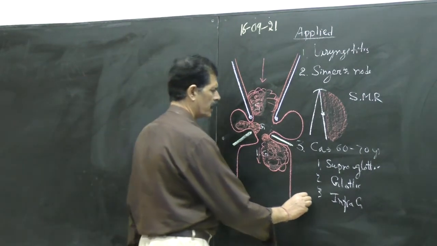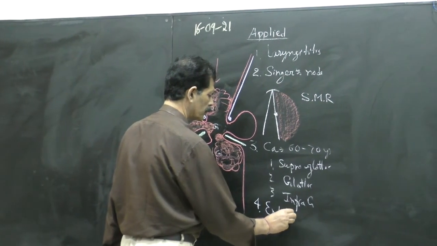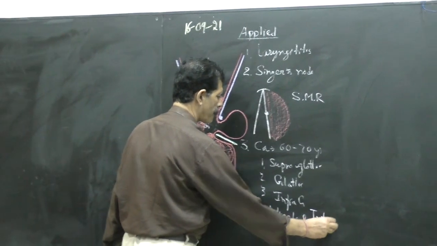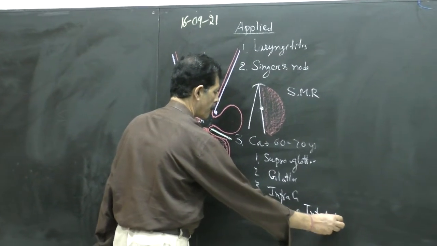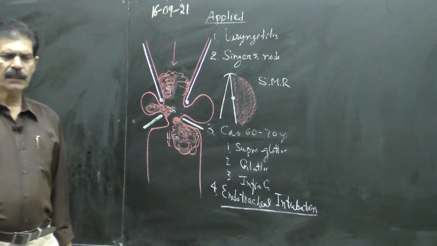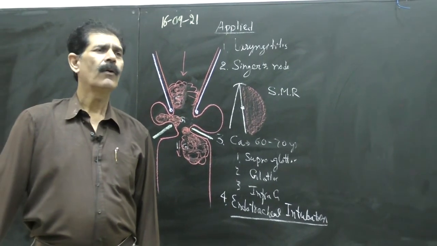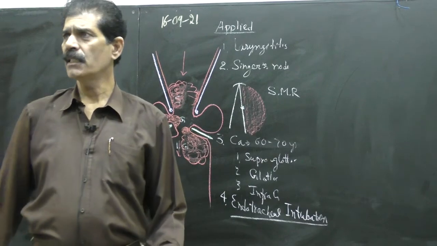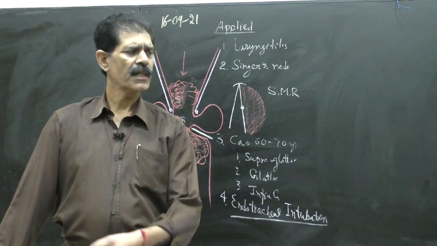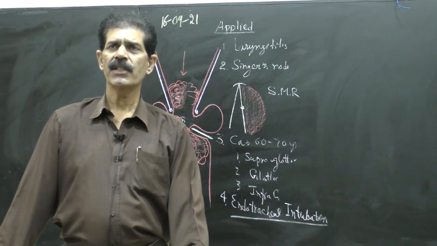Another applied aspect is endotracheal intubation. So in endotracheal intubation, what happens? The patient is lying on the ventilator, as in these corona cases nowadays, or whenever we give general anesthesia for any operation on the human body. So the patient is lying unconscious on the operation table by the anesthetic agents, the injections.